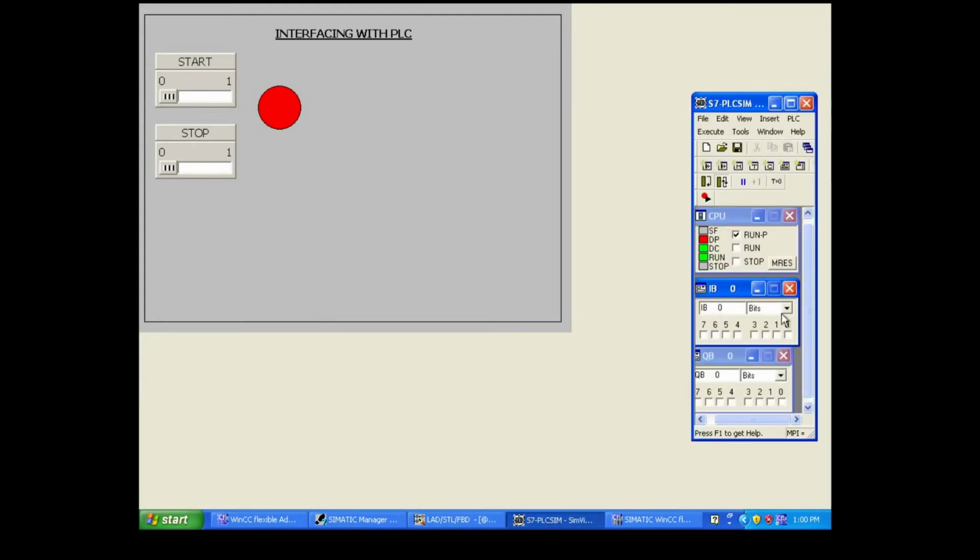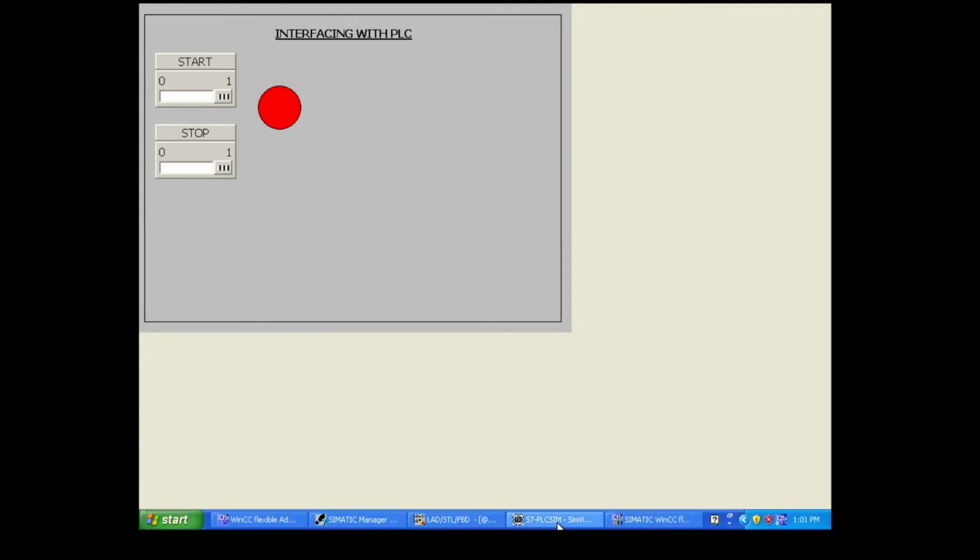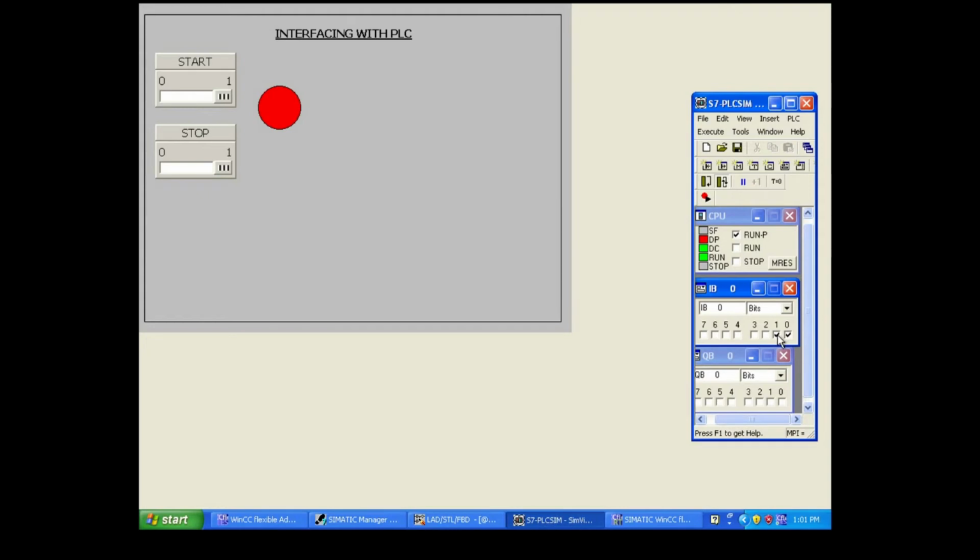Okay. Instead of that, go to your, this simulation window is there, no? This simulation window. Click on this. Can you check out here? It is on. Okay. So from PLC, you can make a control to SCADA. Got it? So yes. So if you turn on your stop, what will happen? That's it. It stopped. Fine. Even though if you want to turn off this, just click and drag it over this place towards this place. It will come and come back to its original place. It will not happen in SCADA.